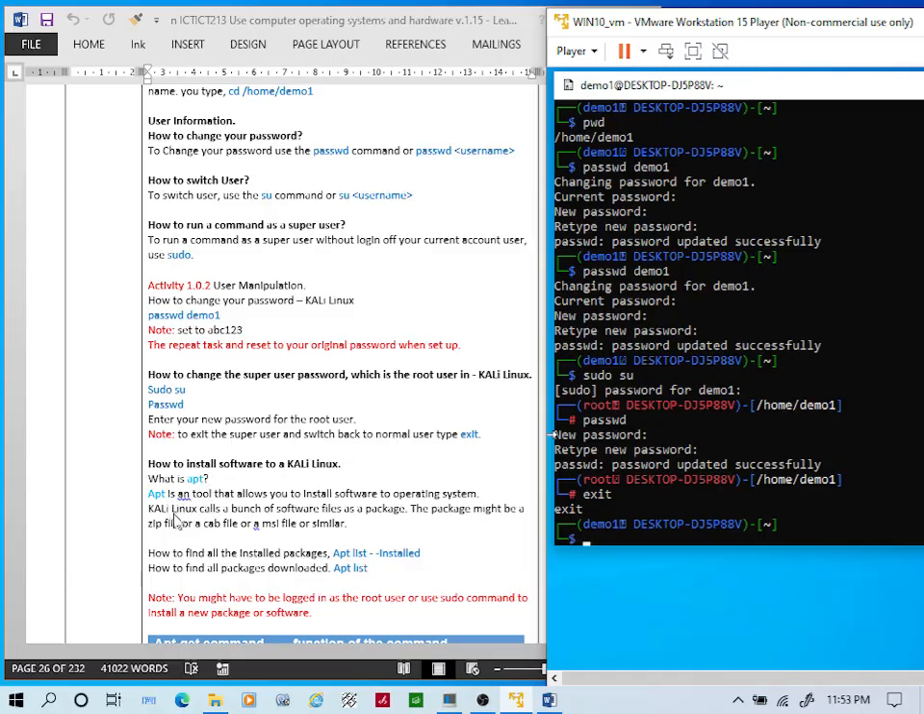What is APT? APT is a tool that allows you to install software to an operating system. Kali Linux calls a bunch of software files a package. The package might be a zip file or a cab file or an MSI file or similar. How to find all the installed packages. So to find all the installed packages within Kali Linux, we go apt list --installed,